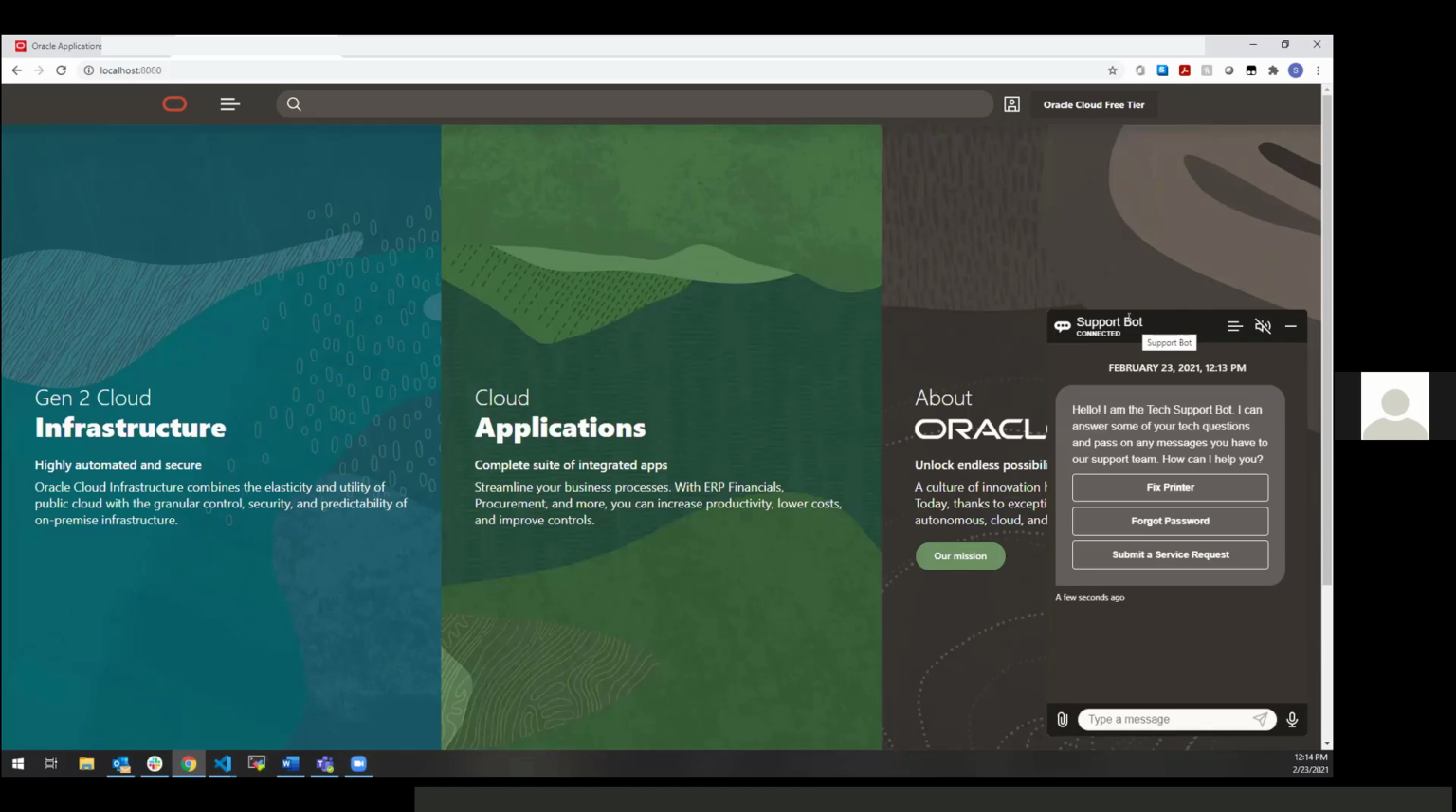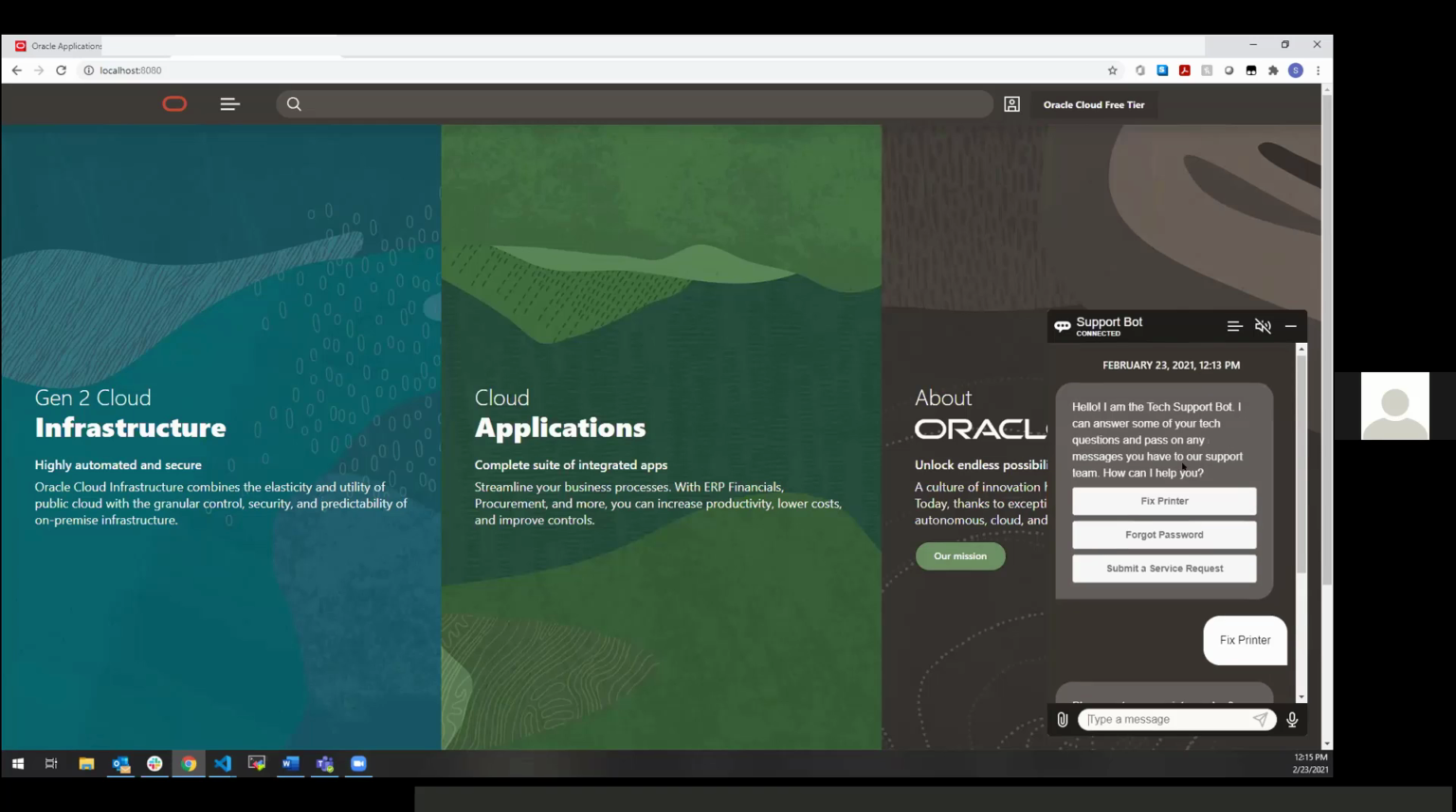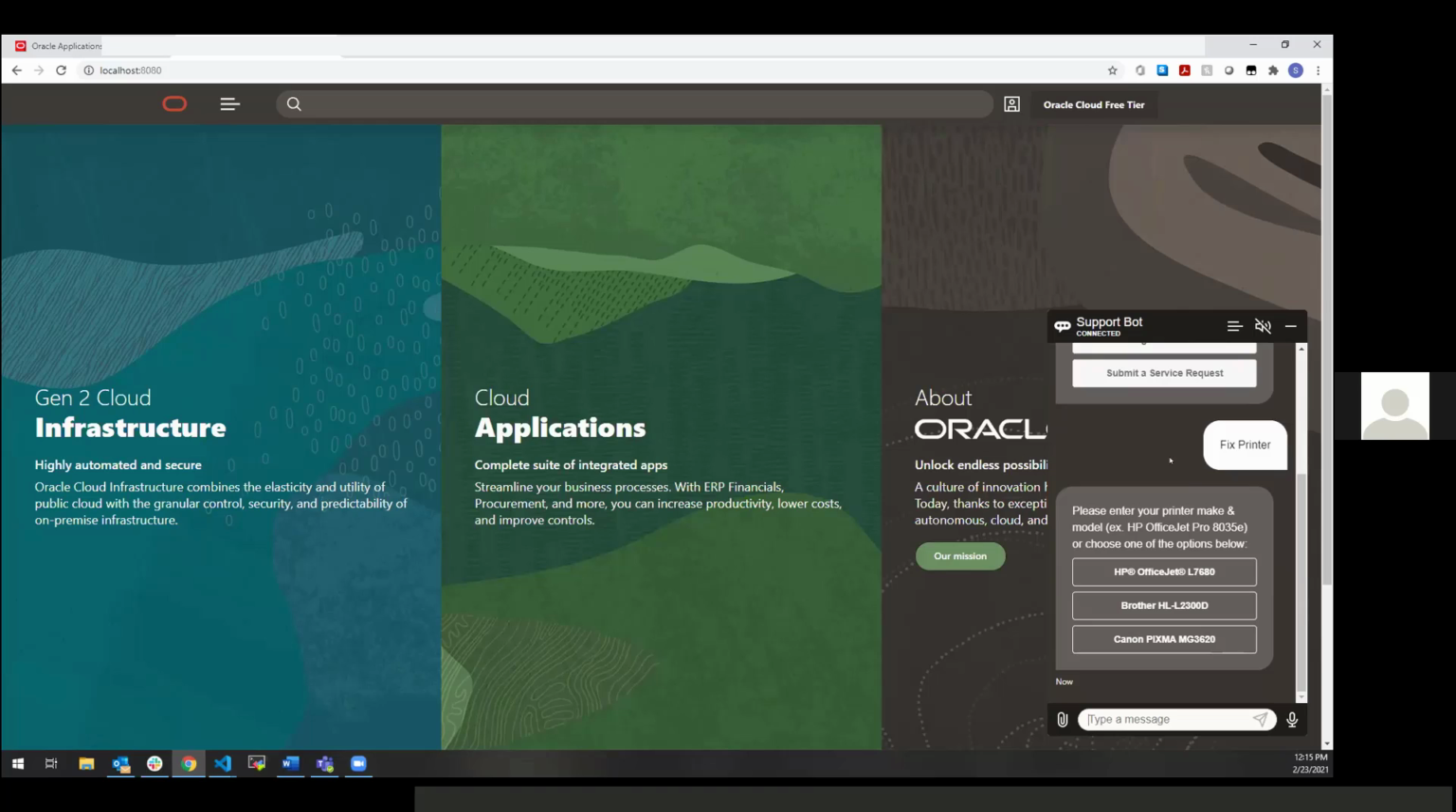You'll notice the UI is very similar. This is just the up-to-date SDK with a couple of small customizations. It took maybe 5 minutes at most to do these small customizations. And that's a great thing about this out-of-the-box UI, it does provide the ability to make small customizations very quickly. So if we go into fixing a printer, this is a common question for this specific IT support